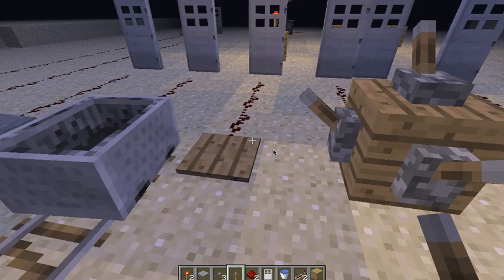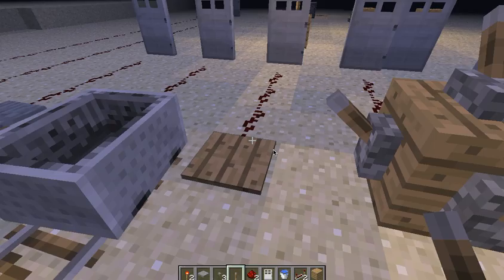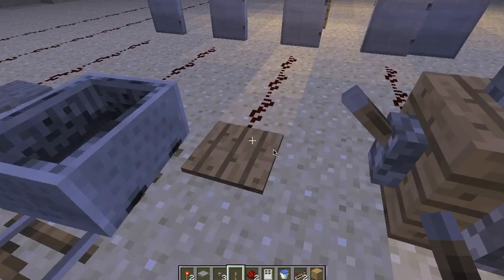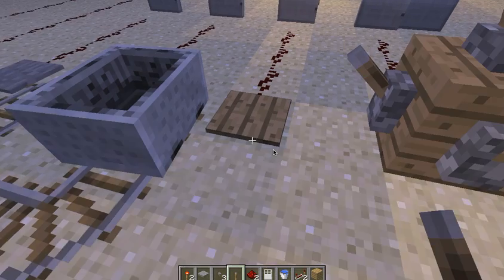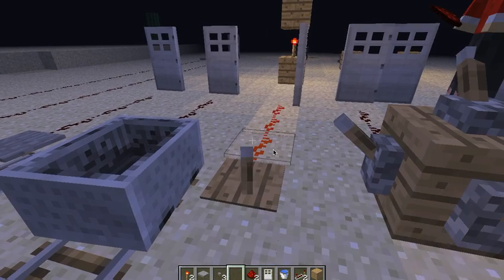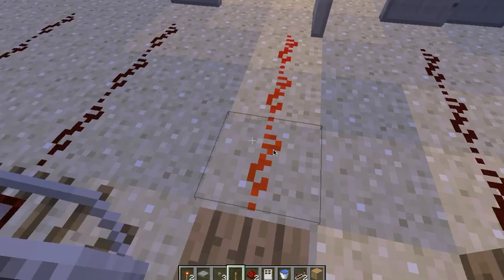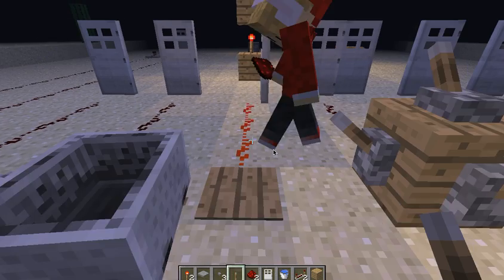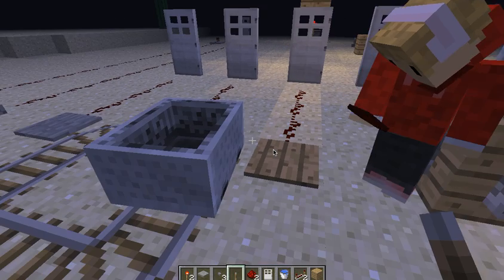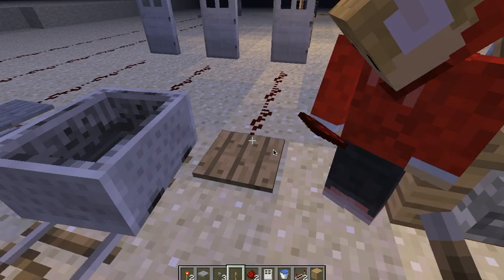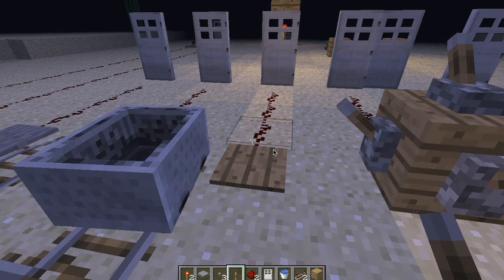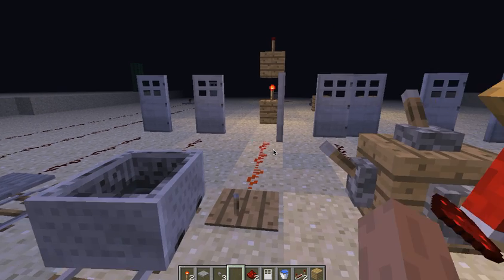So then the basic pressure plate part: there are kind of three basic pressure plates. Pressure plate one variety is the wooden one. If I throw an object on it, it turns on, or if I stand on it, it turns on and gives a positive. For example, a skeleton walks onto it, that'll trigger it too. Or if you have a tree and you rip down the leaf and a sapling falls down on it,